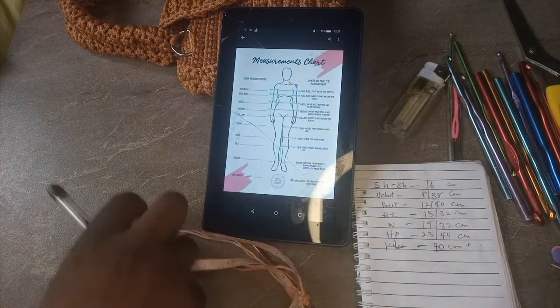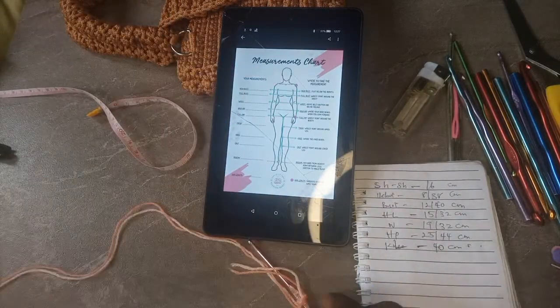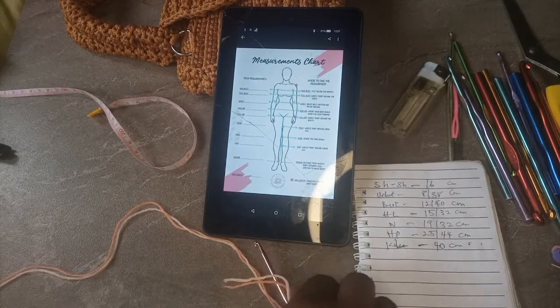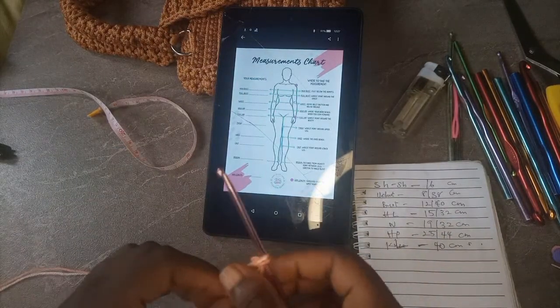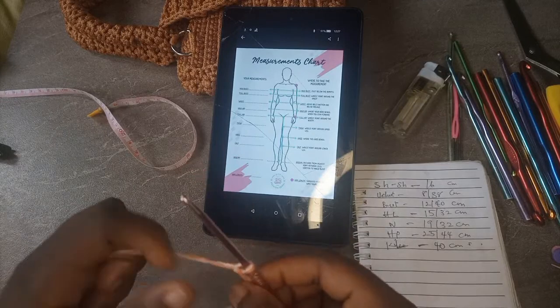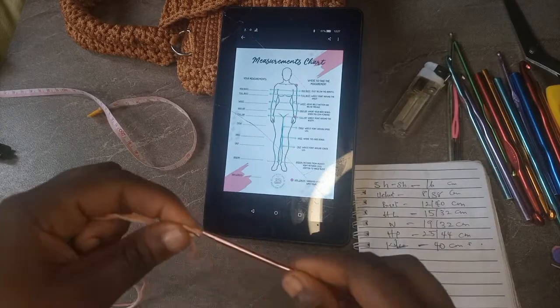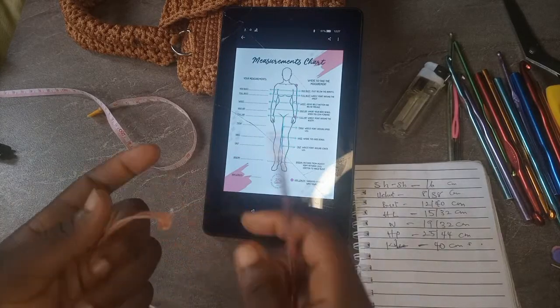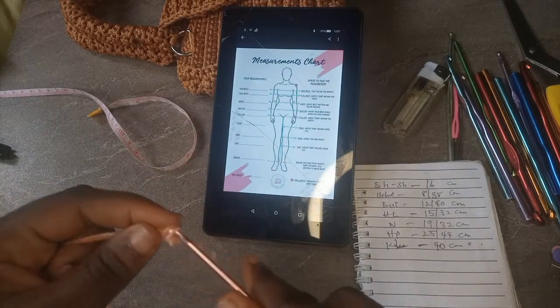So we are starting now. For our shoulder to shoulder measurement, I'm not going to be making it up to 16 inches. I'm going to be making it up to 14 centimeters. Sorry, I've changed it to centimeters now.